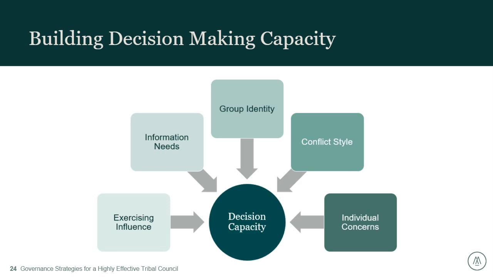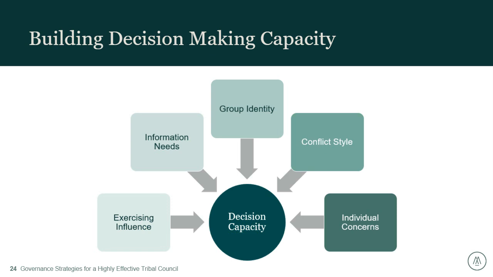It's important to understand for every member of your tribal council, how do they exercise their influence? So are they folks who speak up a lot in the room during the meeting, or are they folks who have those conversations in between meetings? And how do we want to manage that? And the same thing for their conflict style. Are folks more passive? Are folks more direct? That's going to really help, particularly for the chair of your tribal council. It's going to really help you to understand how you need to speak to people individually, and are there ways that we can have conversations that maybe can be more productive, understanding that we might have folks who have differing